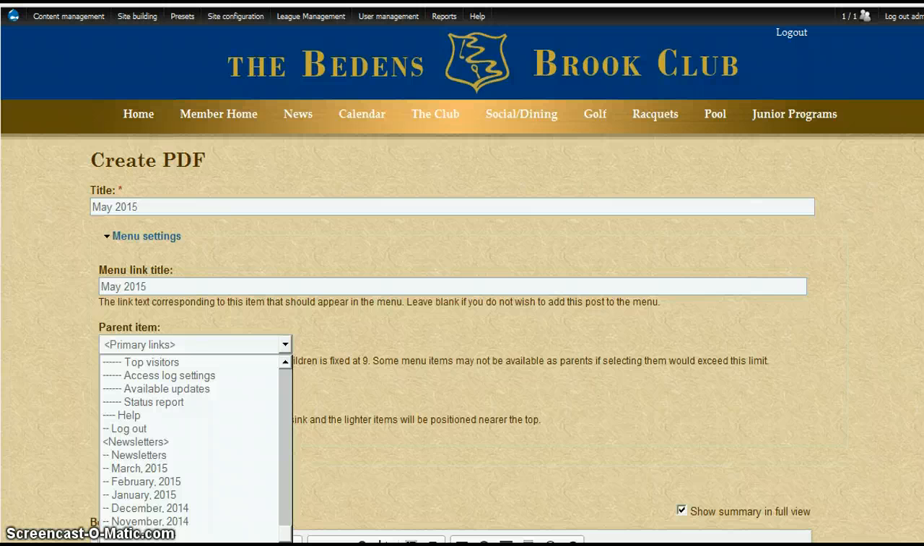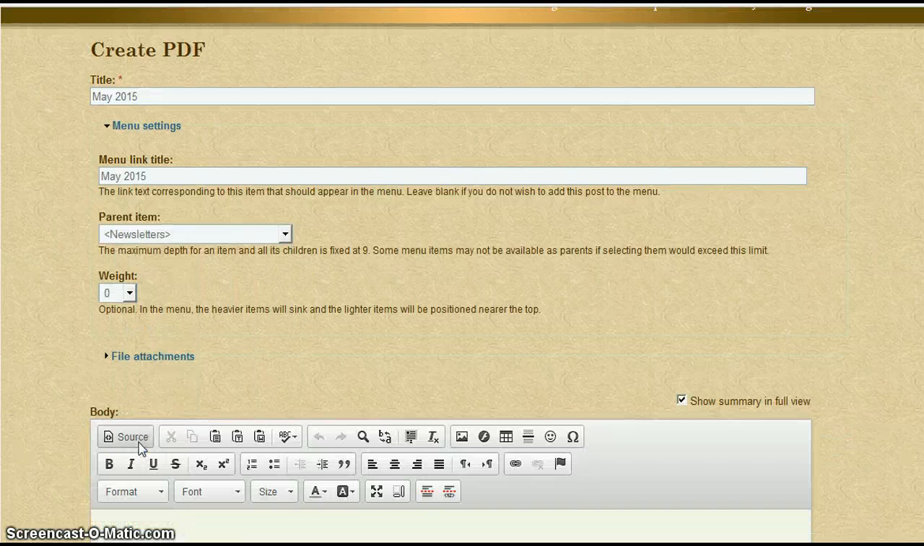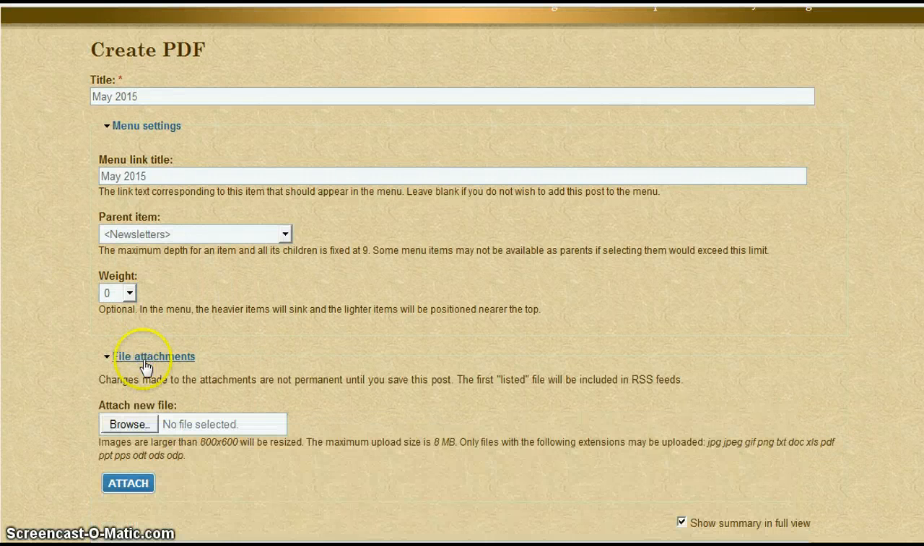Anything that is surrounded by these less than and greater than signs, those are actual menus. Anything that starts with dashes, those are menu items within the menu. So here's the newsletters menu. So I'm going to select that, and then I need to attach my newsletter file. So I'm going to click on Browse,